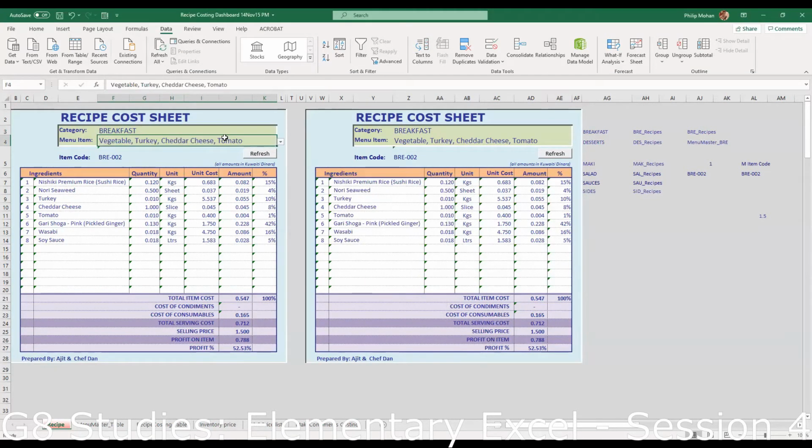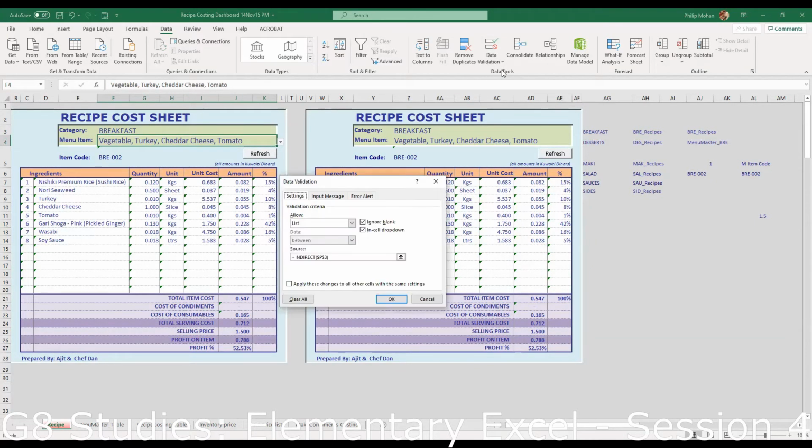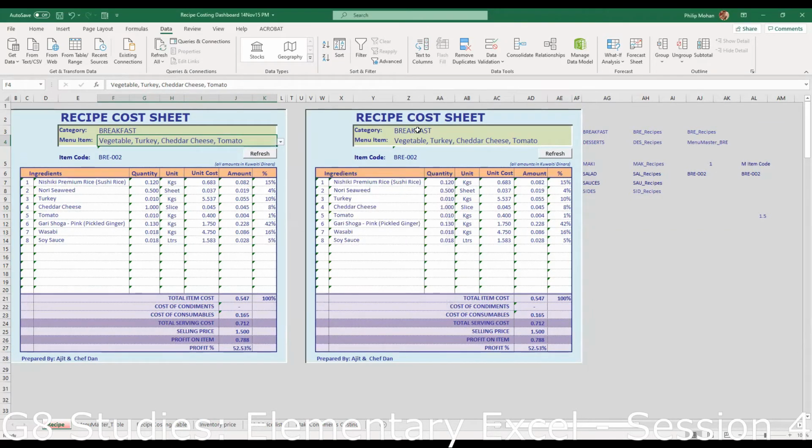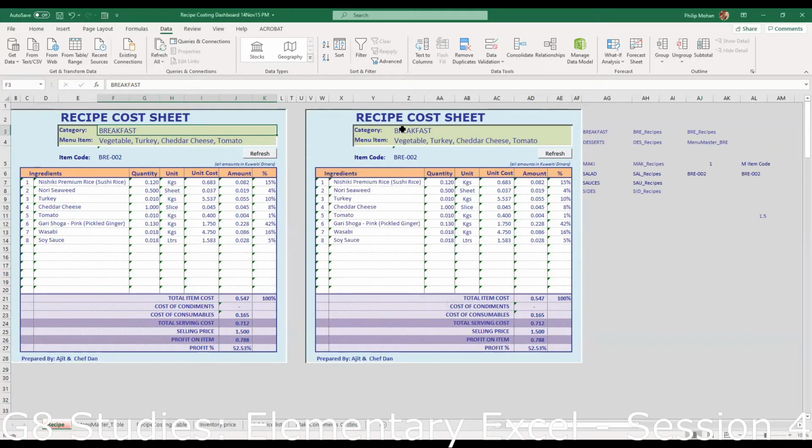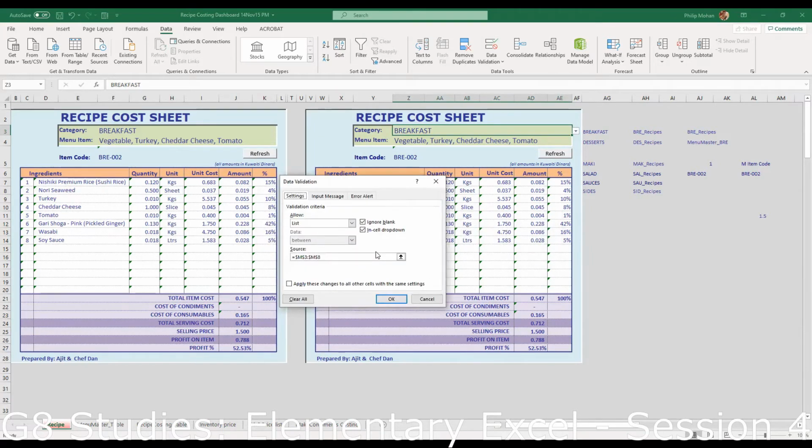Oh boy, I should have prepared more. What about this? This one's got so funny. List here, source. Why is this one not giving me the same thing? Okay, let me say yes there. See what happens. Oh, hang on. Sorry, guys. Hang on. Okay. For some reason, I needed to say yes.